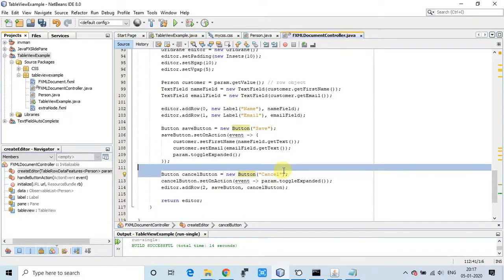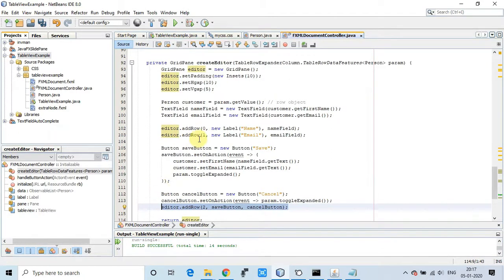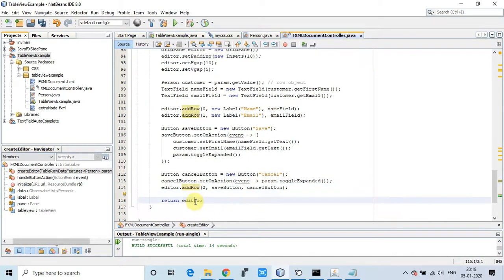So the cancel button is doing the same. Once you press cancel, that means you don't want to do anything, and the toggle button will be pressed, and that expanded view will be closed. Okay, after that we have added these save button and cancel button on the grid pane, and we have just returned that grid pane